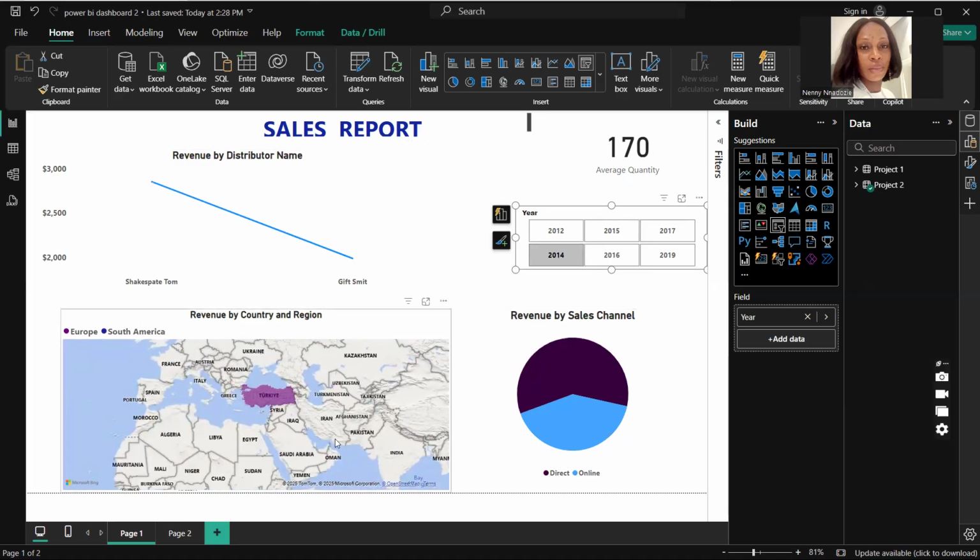Their customers used the direct and online sales channels to patronize these distributors. This is the amount they made: $2,856 for the direct, and for the online,